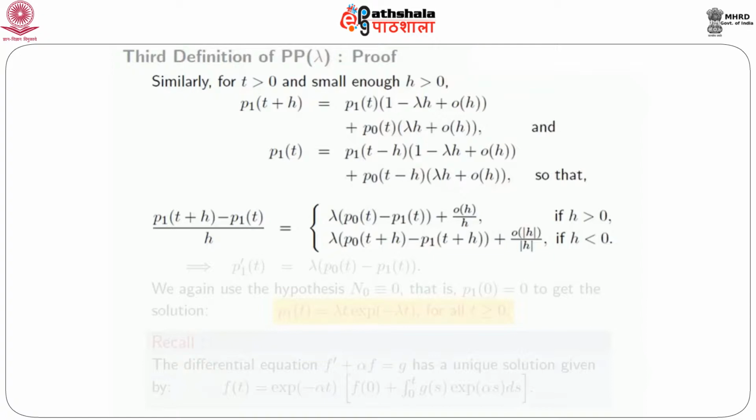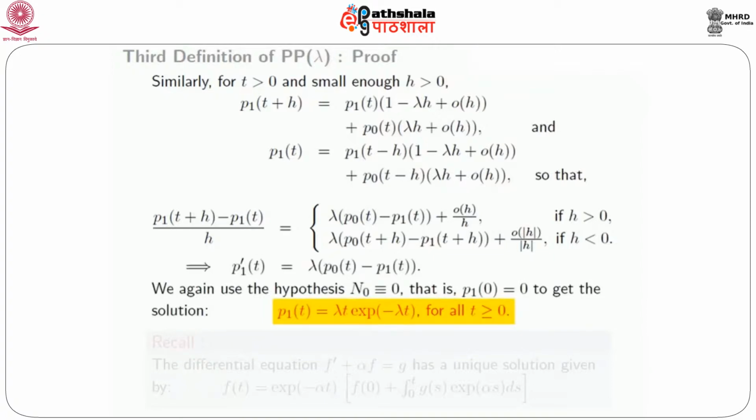You just get this by simply, for the t minus h equality, looking at the probability, the left hand side, the probability that N(t) is 1. Again, argue that can happen only in two possible ways, namely that either one event has already occurred up to time t minus h and no events during the time interval t minus h to t, or no events have taken place up to time t minus h and exactly one event has taken place in the interval t minus h to t.